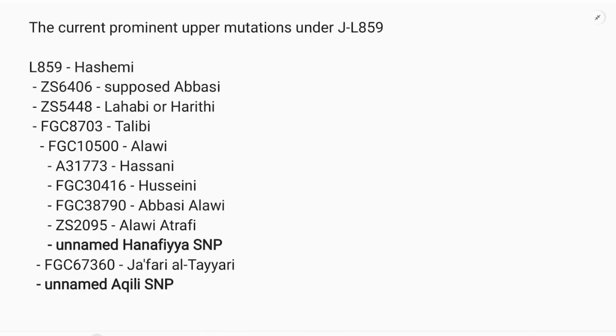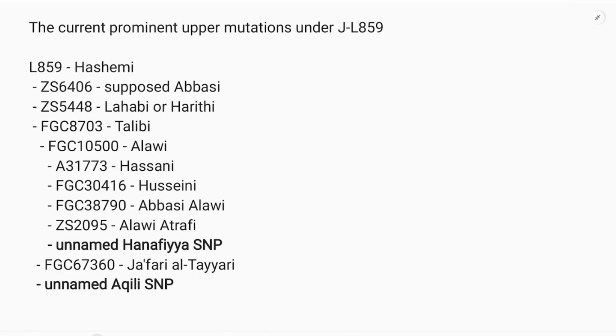And finally, we should have a mutation for Muhammad al-Hanafiya, but it has not yet been discovered, and Dr. Hadi has addressed these reasons in one of his posts, which we will analyze later. And finally, of course, Imam Ali alayhi salam has two brothers who also carried a progeny up to this day, Jafar al-Tayyar and Aqil alayhi salam.